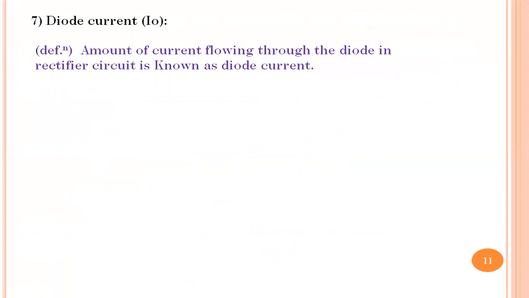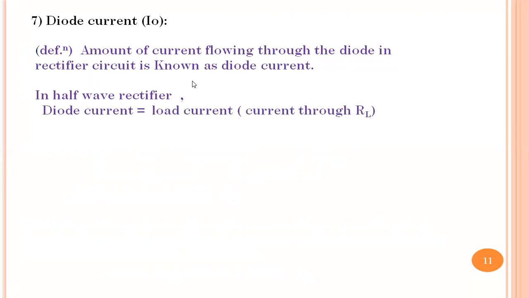We'll go for the next one. It could be the last one, the diode current rating. So the meaning of diode current, as you know, is that a diode can conduct current only when it is forward biased, in ideal condition. So the amount of current that flows through the diode under forward bias condition in the rectifier circuit is known as diode current. Notation is I for current, suffix O for the diode current. In case of half wave rectifier, we find the diode current is the same as the current flowing to the load connected at the output.